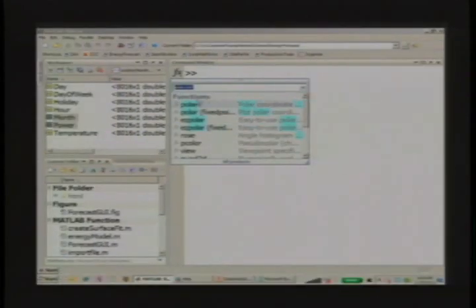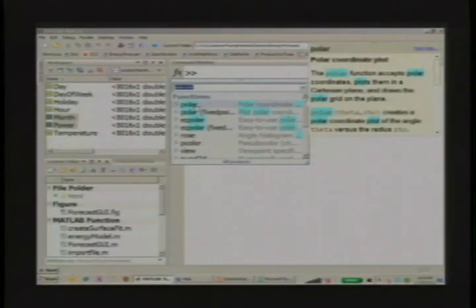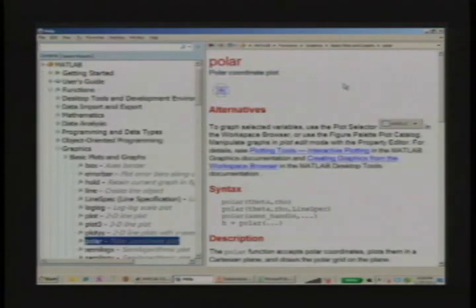So for example, let's take a look at this one, polar coordinate plot. This is the first one. So you get some idea about how to use it, what it does right here in the window that shows up. If you want more help, just click on the link, more help,